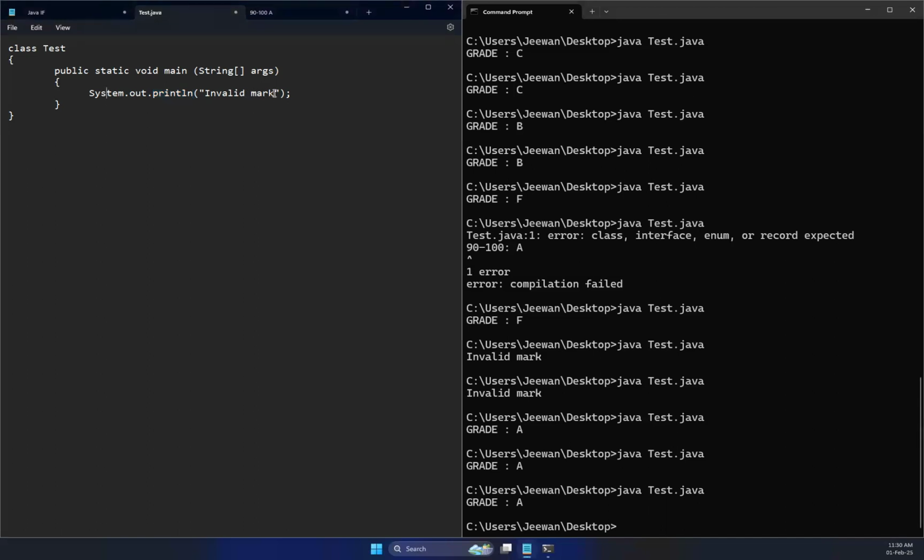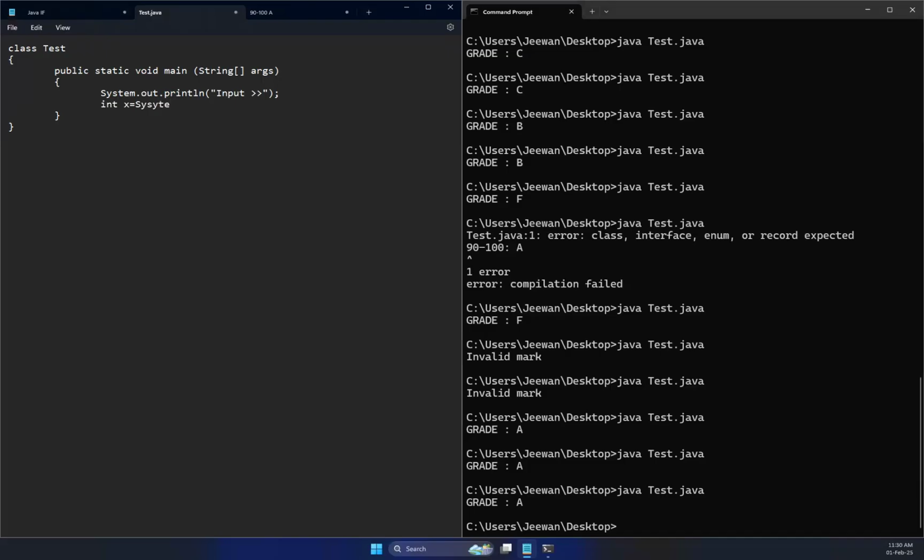Okay, then we're going to ask the user for input, and I'm going to use int x equals